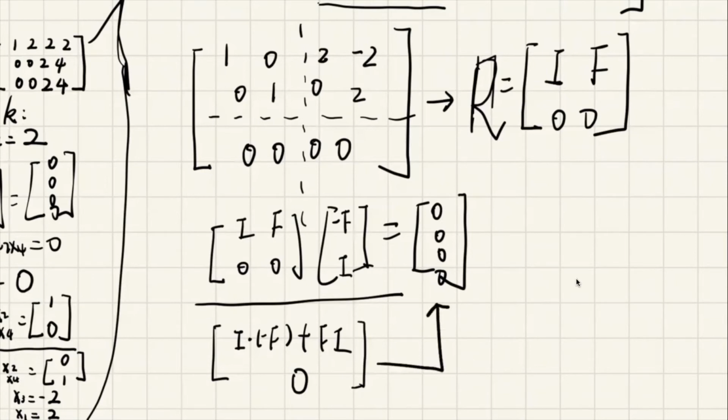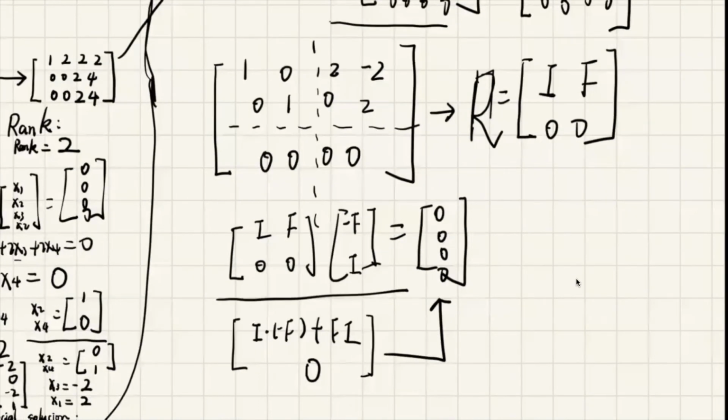Because of course, as we know, I, in our case, stands for 2 rows and 2 columns. F also stands for 2 rows and 2 columns. And eventually we'll get everything 0, 0, 0, 0. As we say that, so what is the minus F? Minus F is, here is the I, F, right? Minus F here is